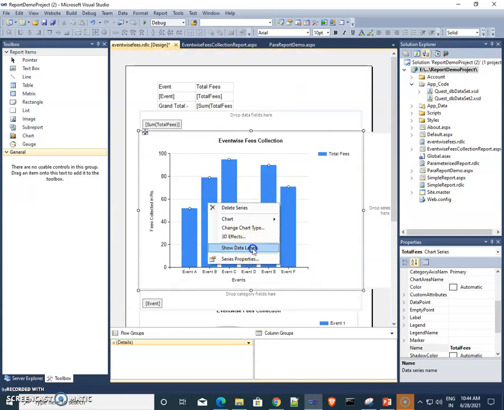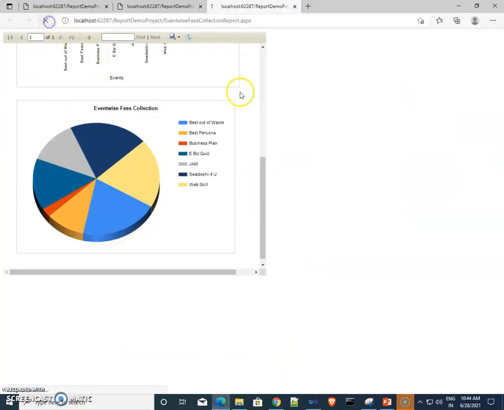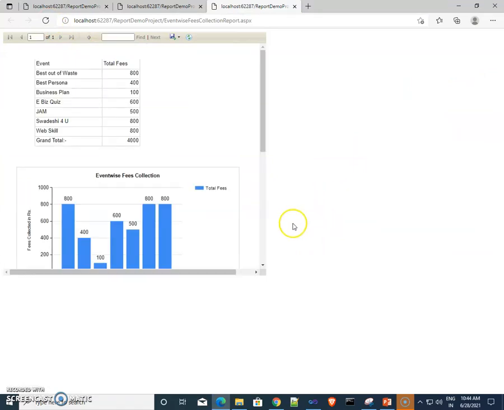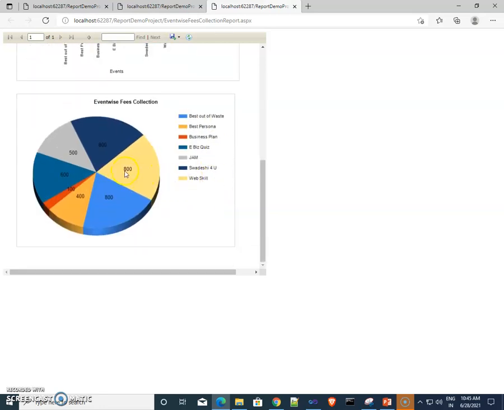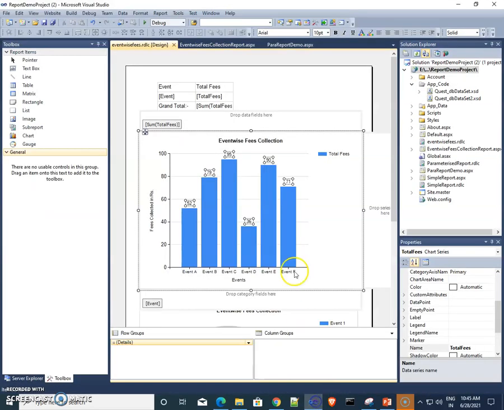Here also we can give show data tables, and if I save all my work and then refresh, see here a number is displayed, that is the fees collected. Here 400 fees collected, 100, 600, and here numbers are displayed, and here this is the business plan and all. These numbers we can see on the front.